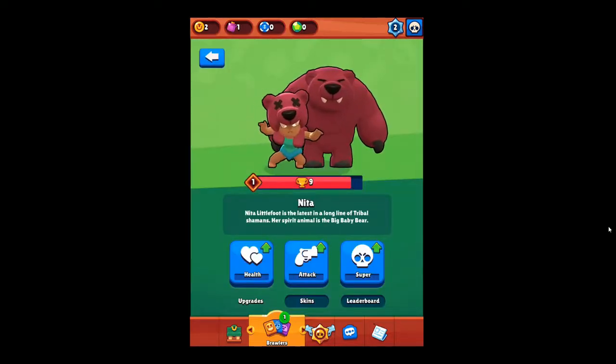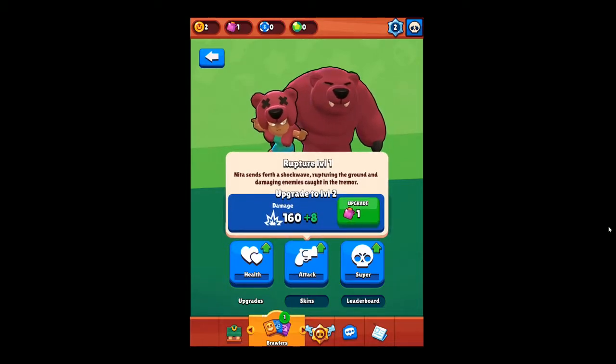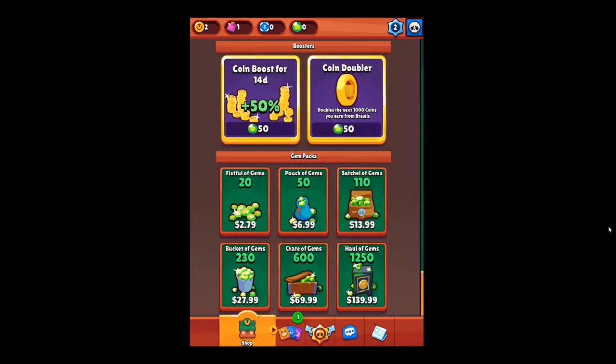Now the upgrades, I mean, let's see. If I go here, I'll go from 800 health to 840 health. If I do attack, I get 8 extra damage. So over time, it will make a difference. But in the beginning, like a level 2 version of her versus a level 1 version of her really isn't